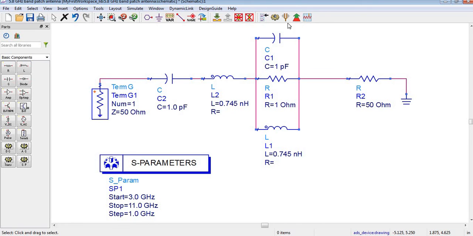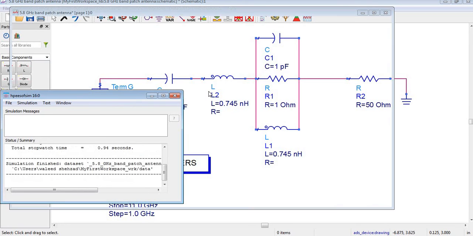Now I will need to simulate this circuit. So after a few minutes